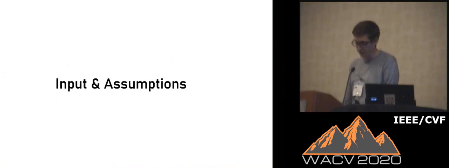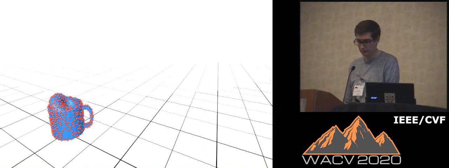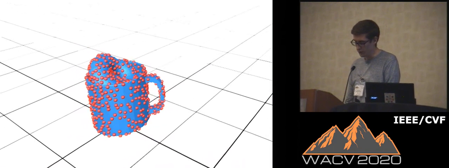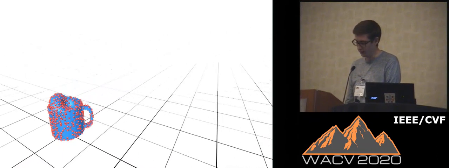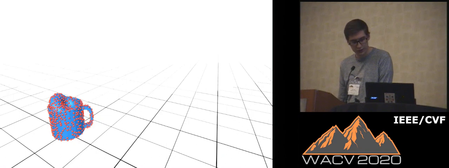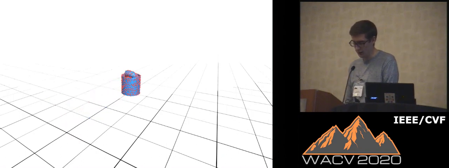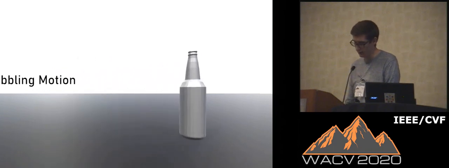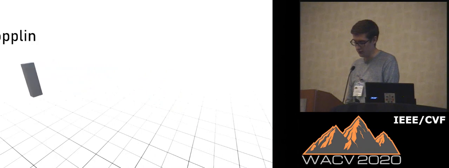We use the 3D shape of the object, represented as a point cloud, along with its initial velocities as input to our method. We assume that the object moves on a plane under standard gravity, friction and density are uniform and constant, and that the object eventually comes to rest or topples over. Predicting the dynamics of this problem is challenging because of complex 3D motions, for example, wobbling, or even toppling when the object becomes unstable.